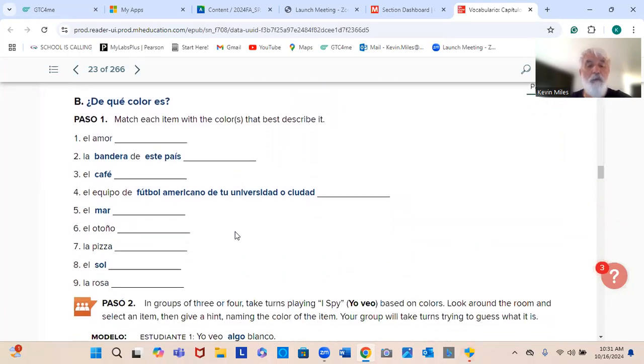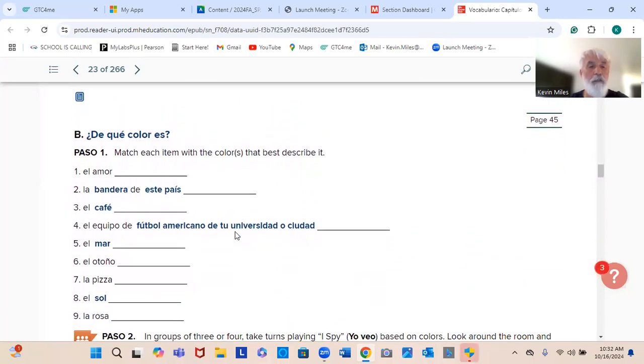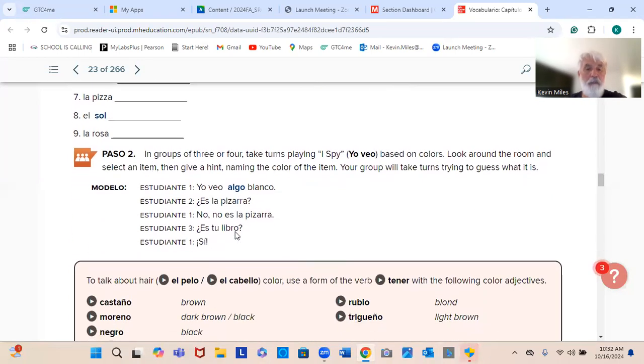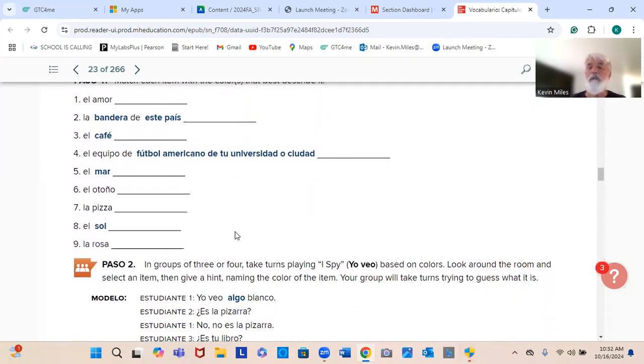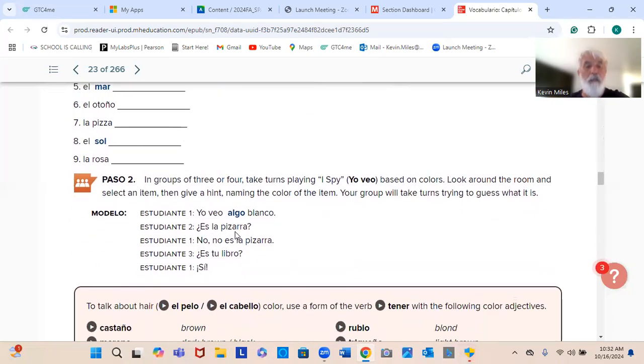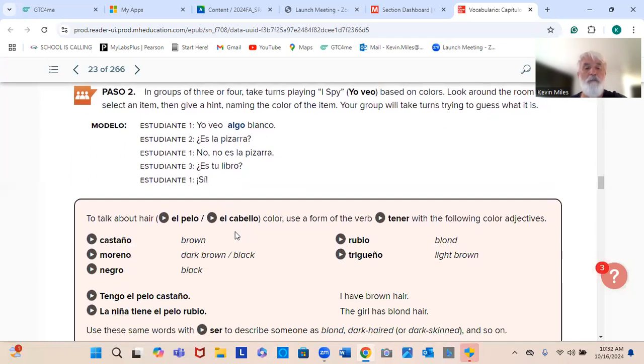There are some of your colors. Now, a question you'll often hear asked is, ¿de qué color es? We use the verbs there. What color is it? ¿De qué color es? means what color is it? And you should be able to talk about something and talk about its color. All right. So you could say es rojo, it's red. Es blanco or es negro. And we'll look at these in a little more depth.